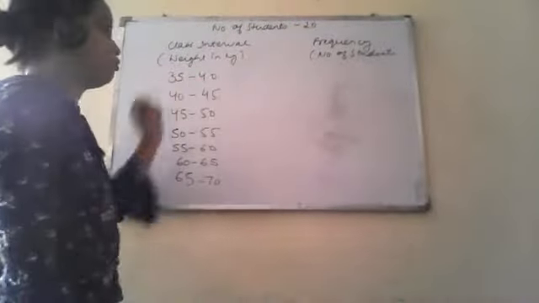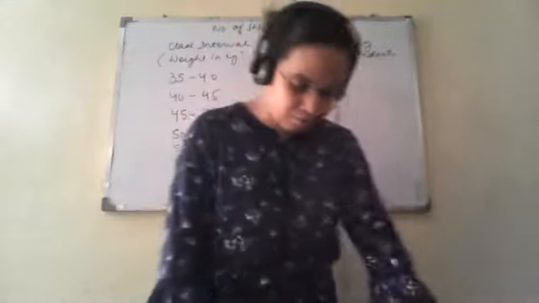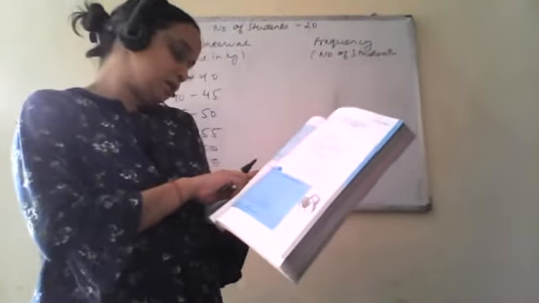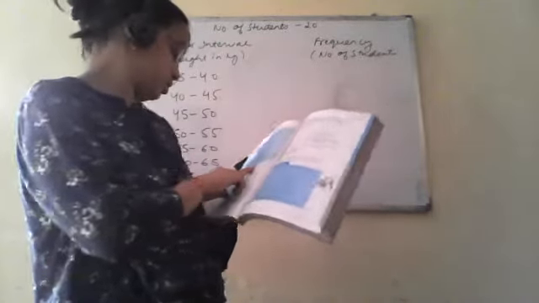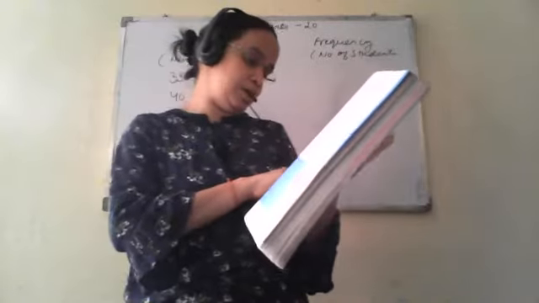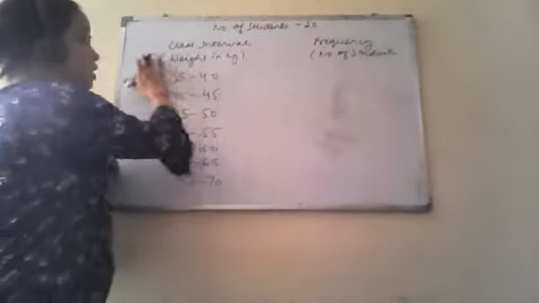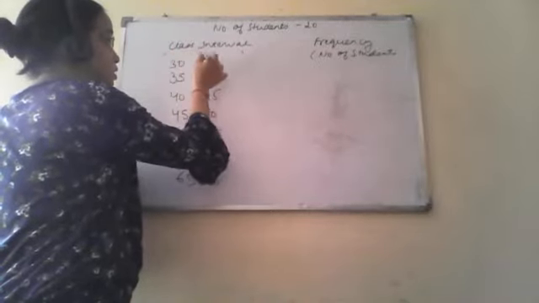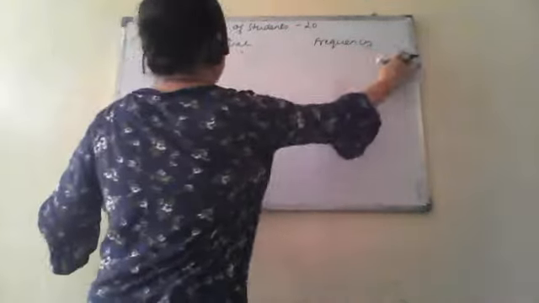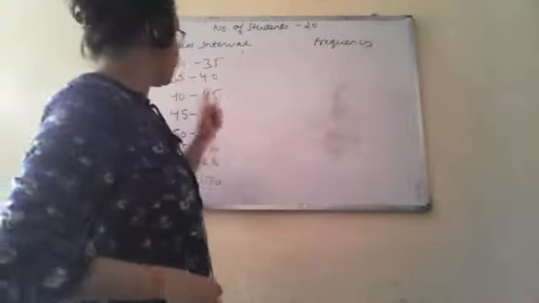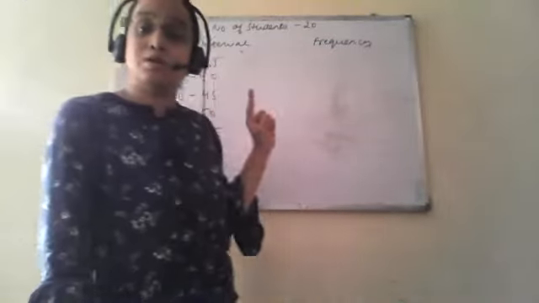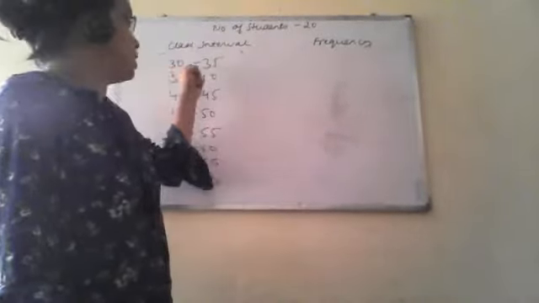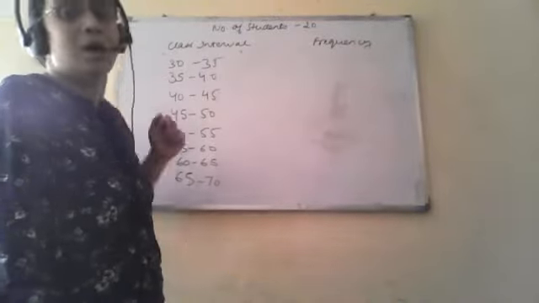Now between 35 to 40, we have to check how many students are there. If we look, we have 38, 33, 31, 34. So we have to take one more interval, that is 30 to 35, because there is a 31 kg student also. First we look at 30 to 35, and 35 is not inclusive, meaning the student weighing 35 kg will not be taken in this interval. It will be taken in the next interval.